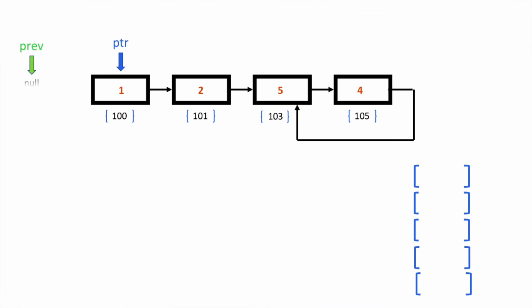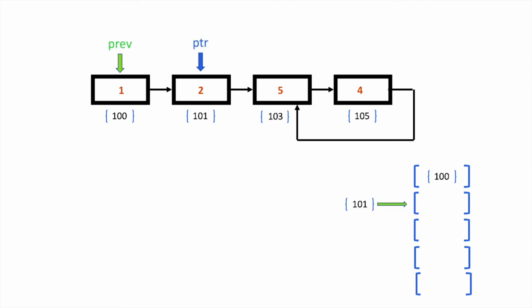So here what we did, we have set two pointers. One pointer that points to the first node of our linked list and one previous that is pointing to the previous object. For the first time, it is pointing to null. Now we are iterating the loop using our pointer object. And as we are iterating the loop, we are keeping track of all the addresses of the nodes in our hash set. So as we move forward, we will first see whether the address of this node is present in the hash set or not.